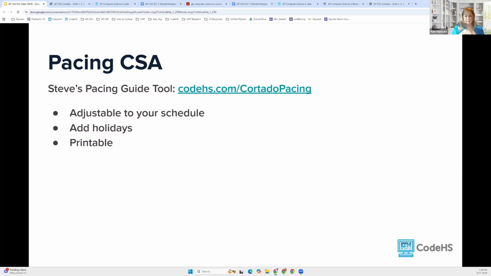Matt, any thoughts? Well, mainly just want to say thank you for that guide. I think it looks really cool. I'm on a slightly weird schedule. I do two short periods and two long periods each week, so kind of that hybrid block and standard. So it's going to really help me out with the pacing. So looks cool.